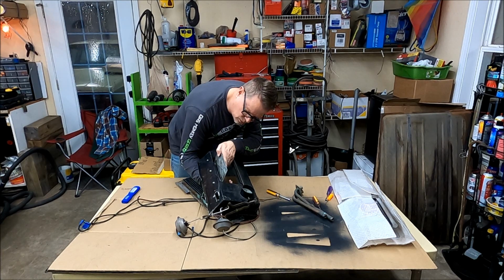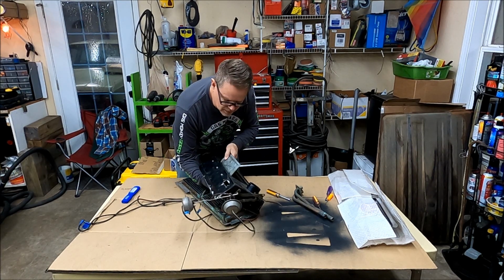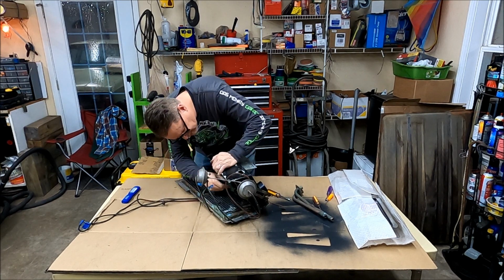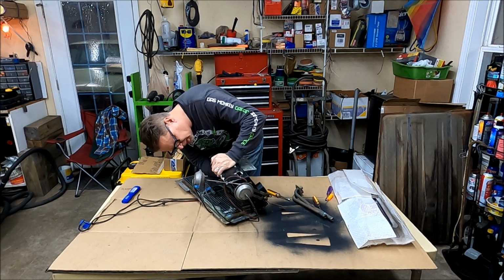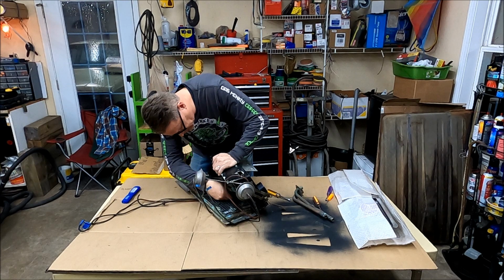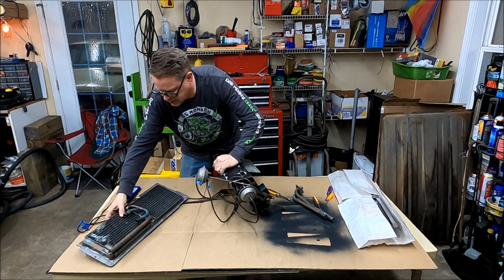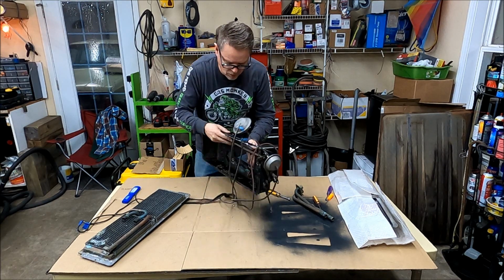I may have taken the whole door out to get that off, but I don't believe so. Bear with me. We're getting there. You know what? I can just take that connection off and we'll be done. All right, there's the heater. All right. This door,